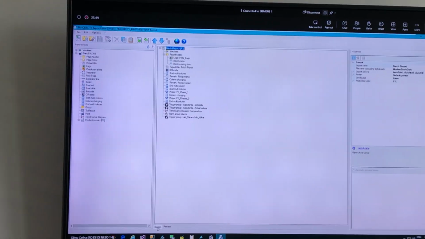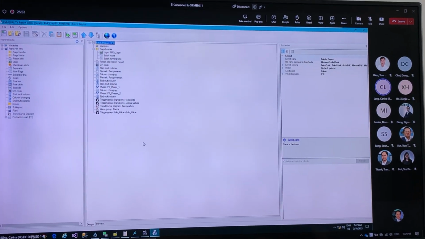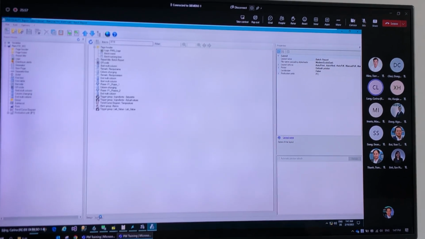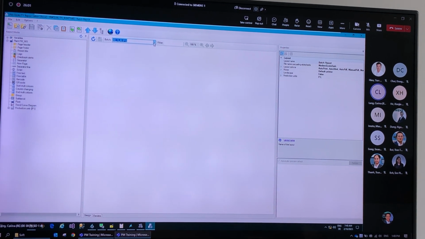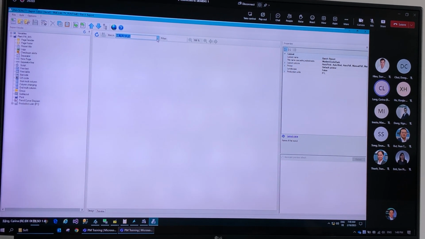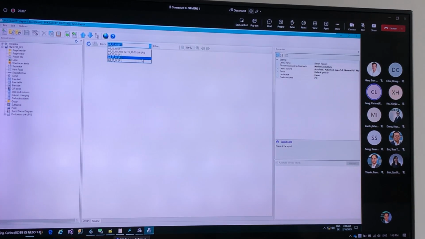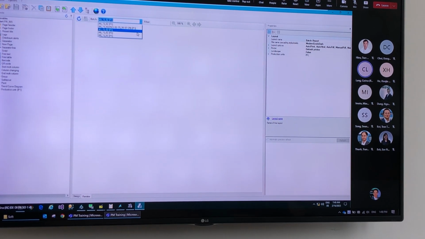The design tab, where you can configure the report layout. And then we have the preview tab, or the preview page, where you can use live data to have a preview of the report we have created. For that, we can decide which tag and which batch we want to use to get this live data,